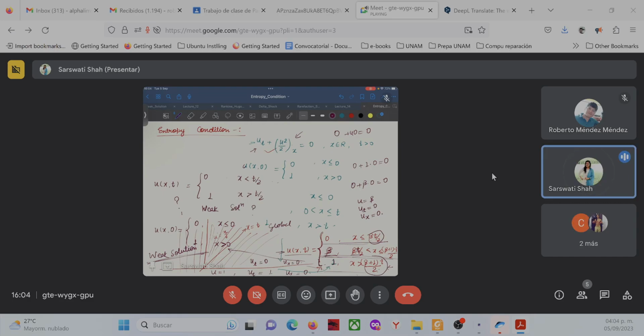Now we can see that we have derived a solution of the given partial differential equation, and I think I erased that solution, x over t, 0 and 1. This was the solution of the given partial differential equation that we derived using the method of characteristics. On the other hand, we are able to write the solution that is a weak solution of the given partial differential equation. It means